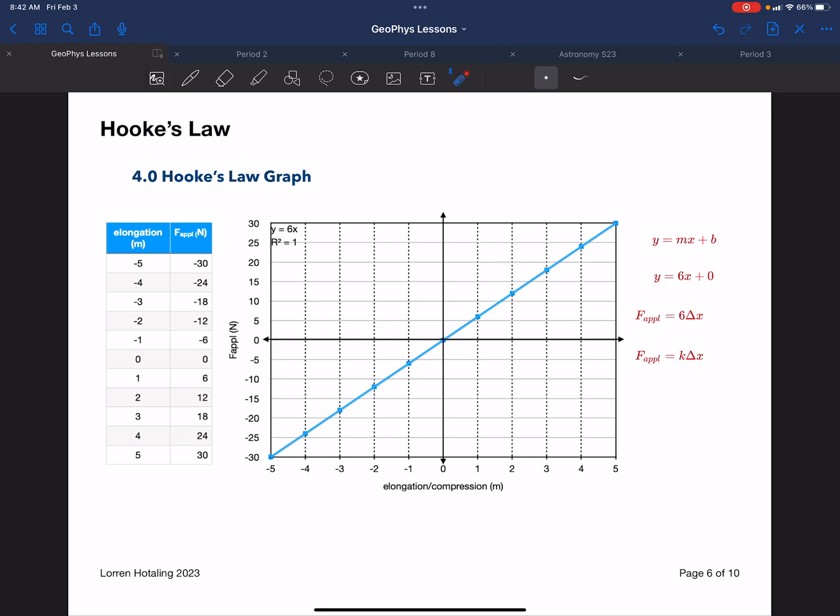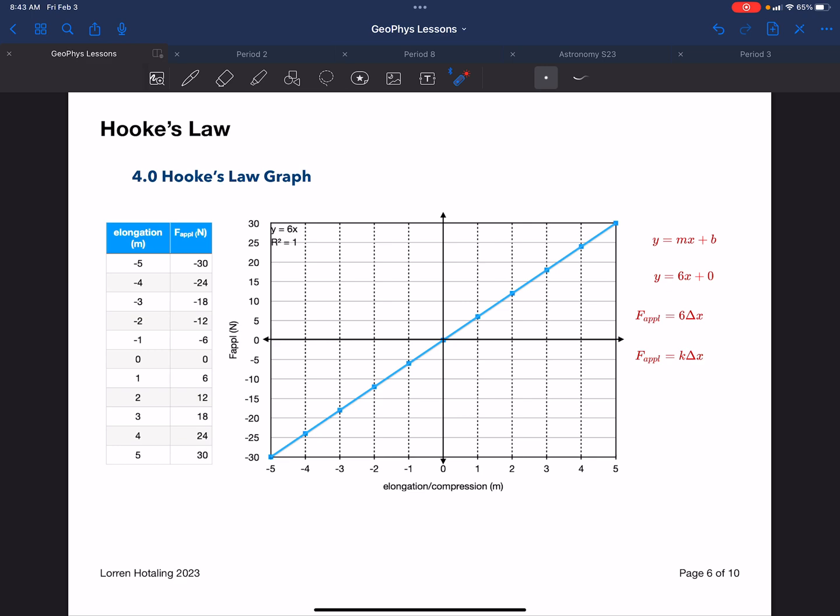We'll notice where the 0 is vertically and where the 0 is in terms of the displacement. Now we've plotted our points and the measurements we've taken, and we put a best fit line, and we get an equation that says y equals 6x with an r squared of 1, which means all the points are actually on the line. So if we examine the equation, which is of a line, y equals mx plus b, we